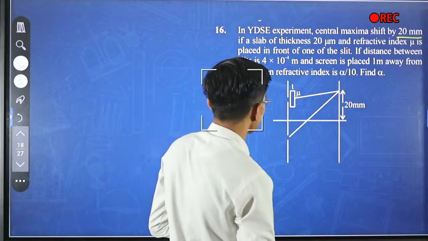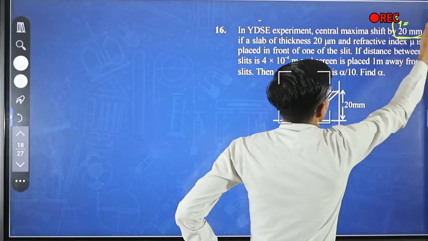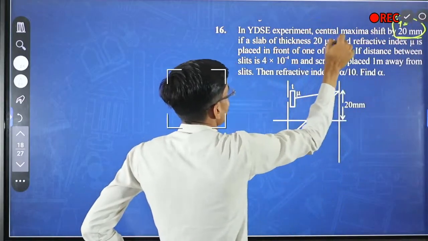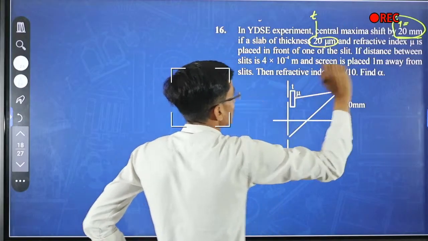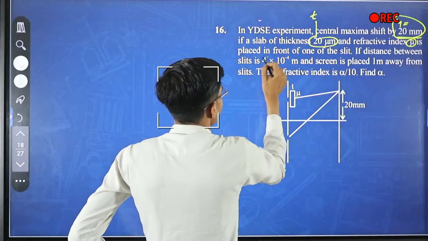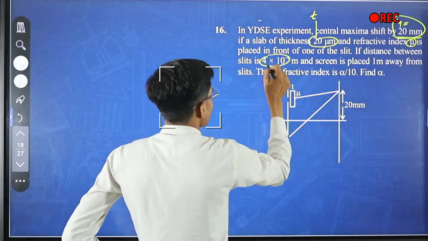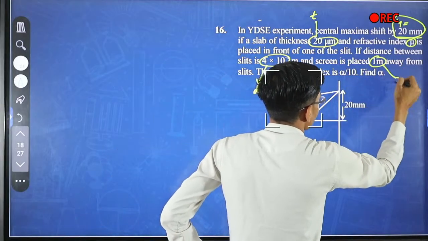In the YDSE arrangement, the shift of fringes is 20 mm. Thickness of slab is 20 micrometer. Refractive index is mu, and this is the distance between slits, small d, and this is capital D, the distance